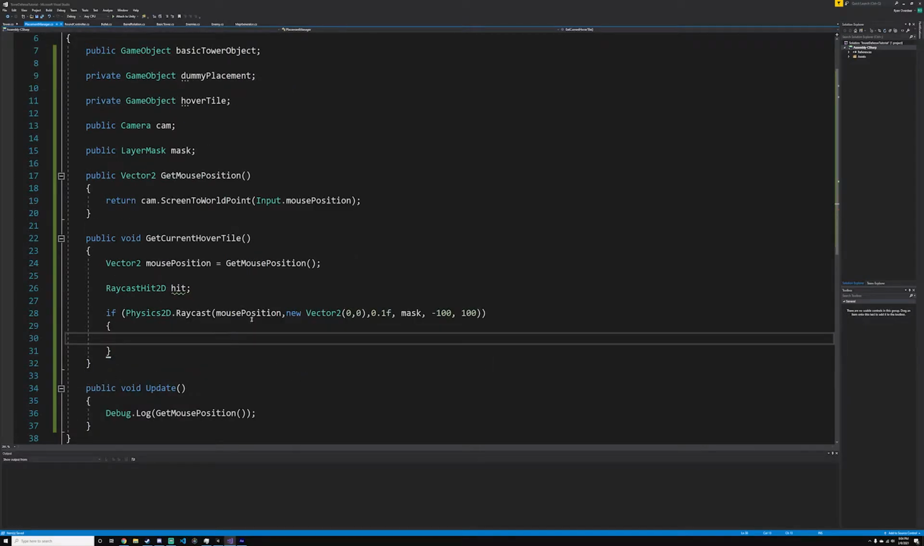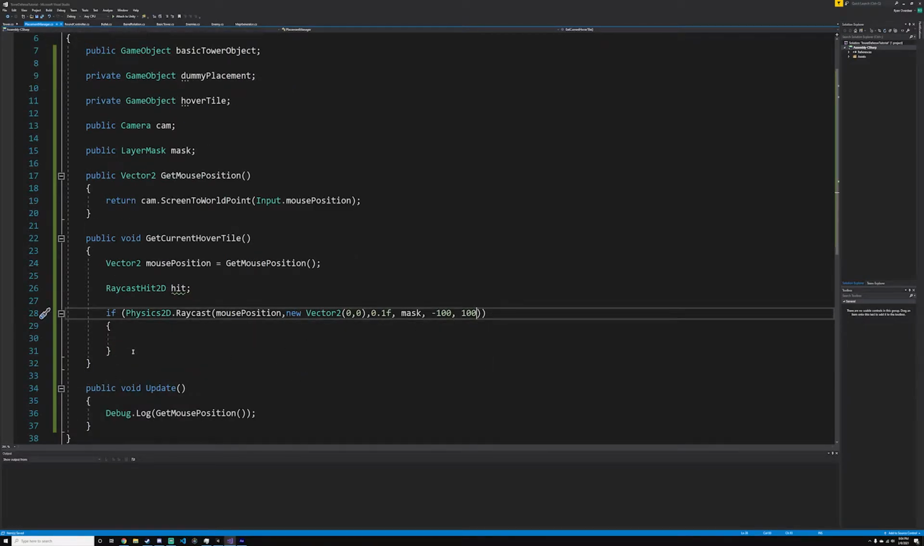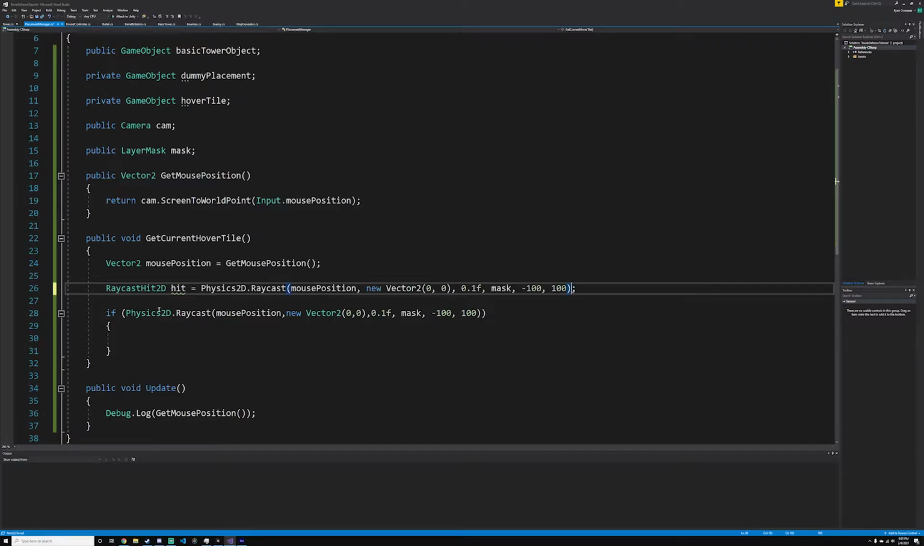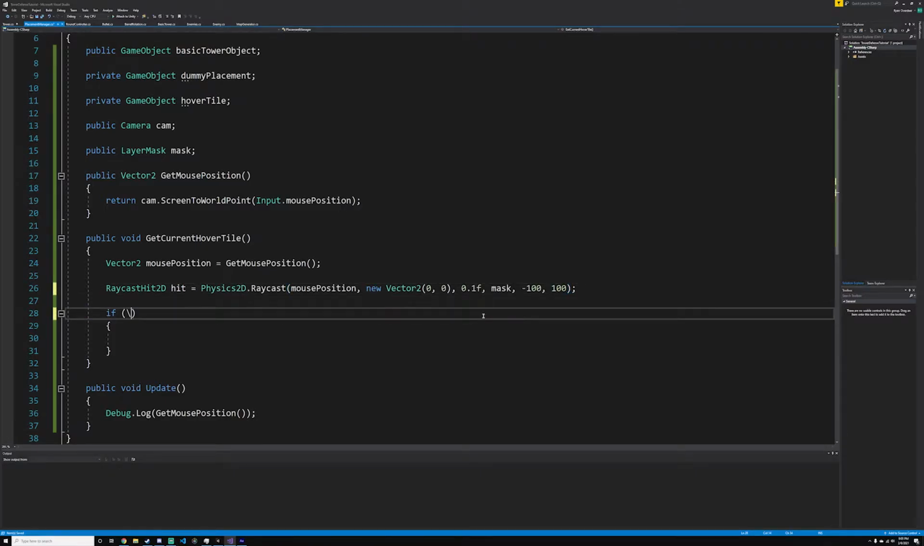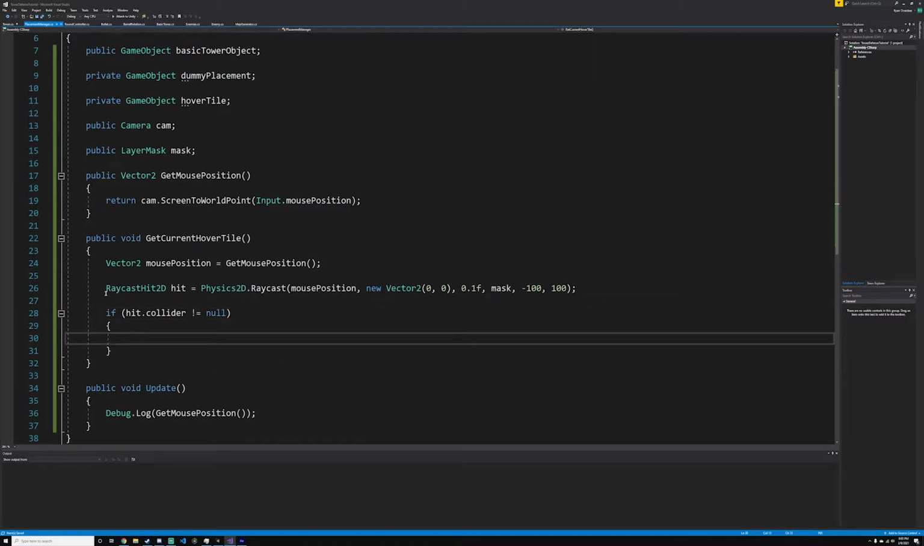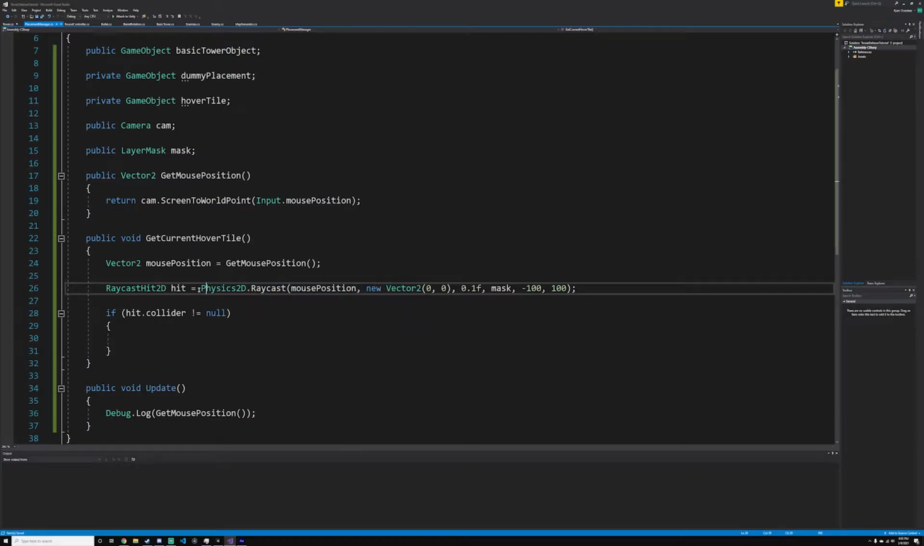And then open that up. Whoops, I'm used to normal raycast. We just need to copy that into there. And then we do hit.collider is not equal to null. So sorry for that. We want to do RaycastHit2D hit equals Physics2D.Raycast mouse position, all that code. And then in our if statement, we just want to do if hit.collider is not equal to null,